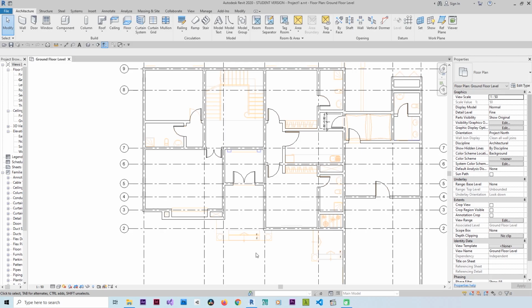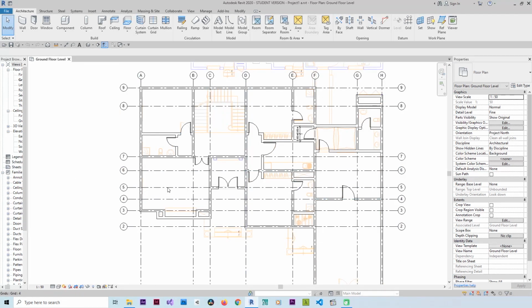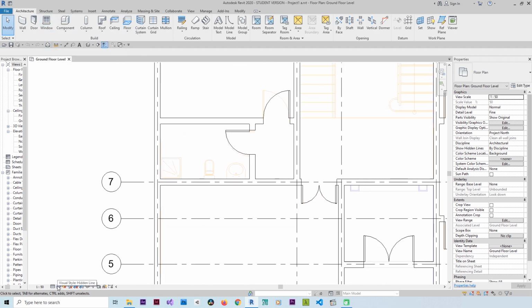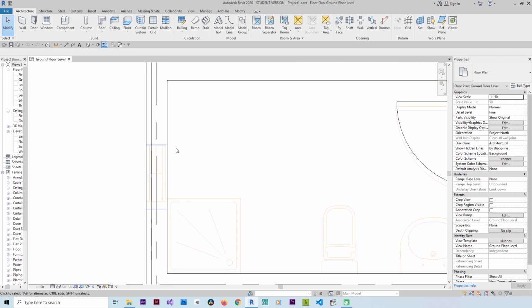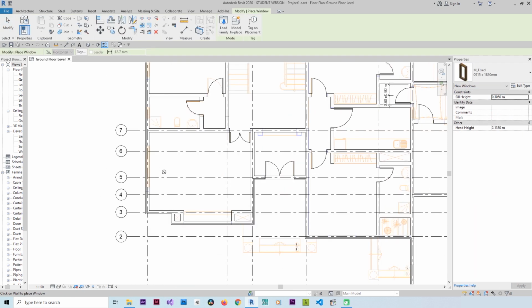Today we'll talk about Windows in Revit. To make windows in any Revit file, you have to go to Architecture, Window, or press WN. I will make the visual style wireframe to see the CAD file below the walls. Select Window, and